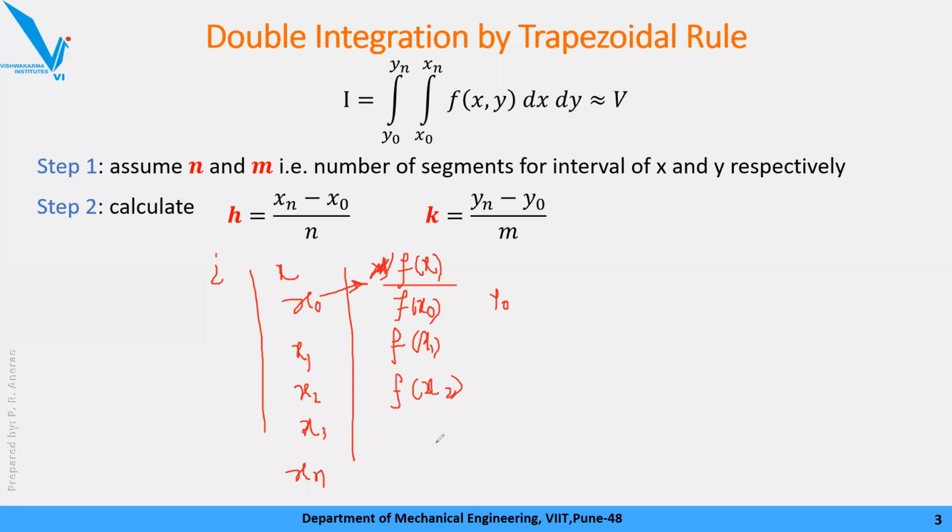So this is the method you followed for the trapezoidal rule for single integration. But now here there are two variables x and y. So here we made a slightly different table which will be easy to create, easy to populate, and also very easy when we go to the next part where you need to implement the formulas. Okay, so we have prepared a different kind of table format. Please have a look at that.